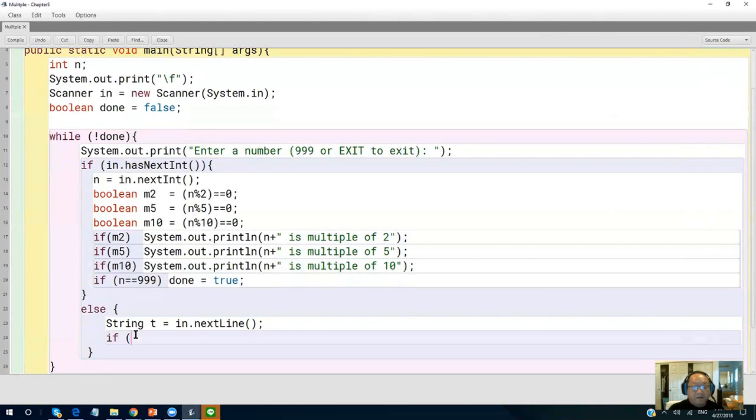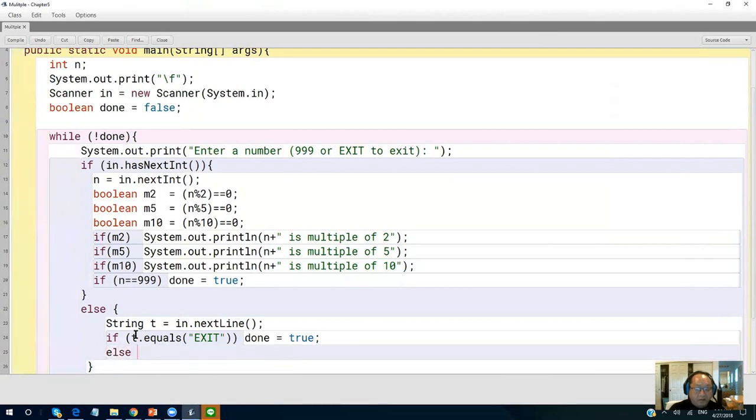And then if the t equals exit, then what? Then I will also say done equals true.